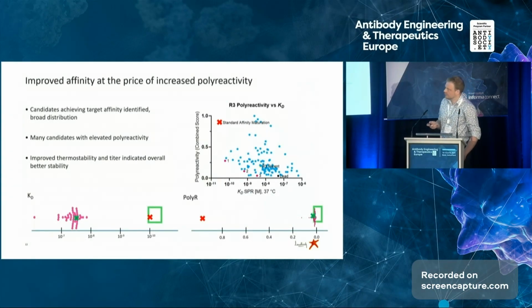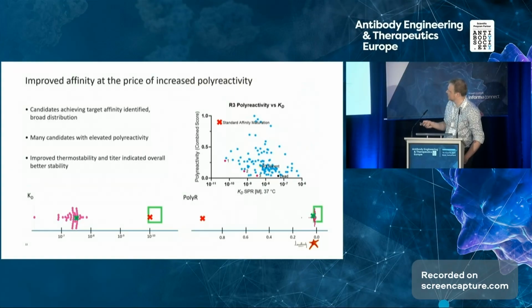Then we went into round 3, and here on the right we have a plot of the polyreactivity against the measured affinities on these candidates. As you can see, now we got really broad distributions with many affinities in a range which is actually quite good compared to the lead. But we would also see many of them had a lot of polyreactivity associated. Still, we found a few hits here that were definitely on the right path.